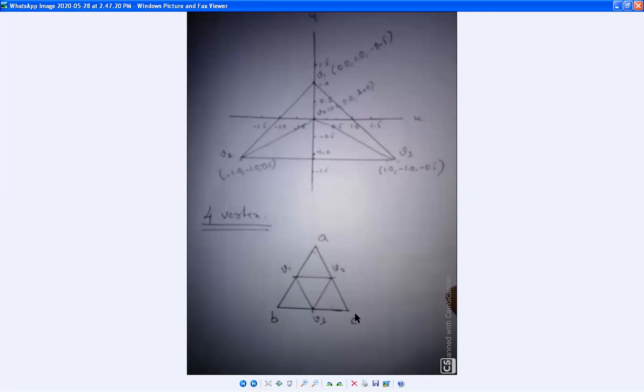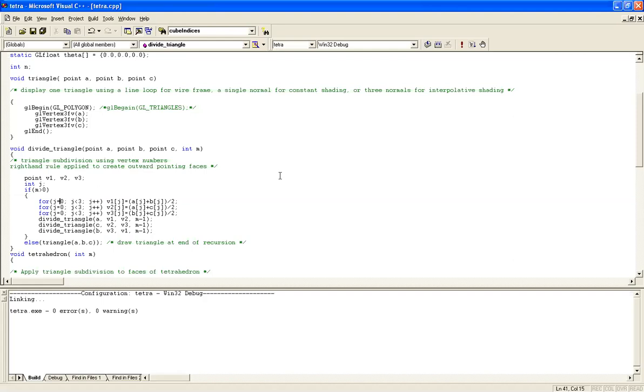For any vertex a comma c, it's something like x y. So how to divide x y? x plus y divided by 2, x plus y divided by 2, x plus y divided by 2. That way I am going to get the midpoints v1, v2, v3. Are you guys understanding? I'm going to get the midpoints v1, v2, and v3. Okay, I have paused the sharing, just a minute.